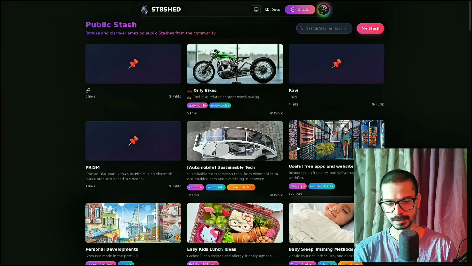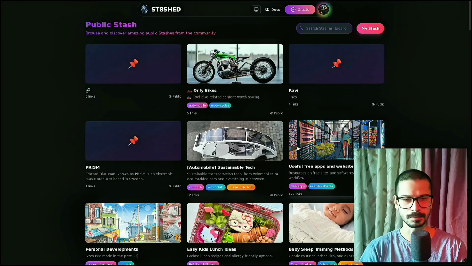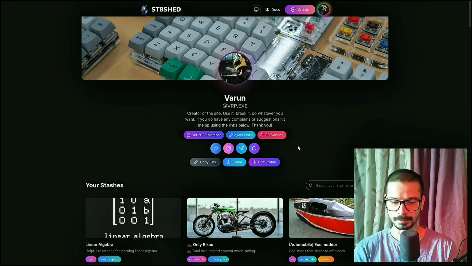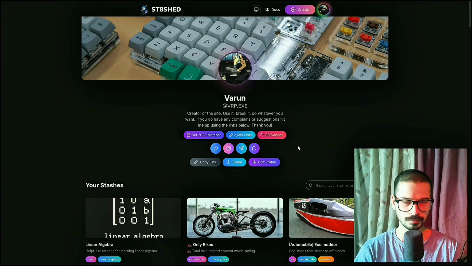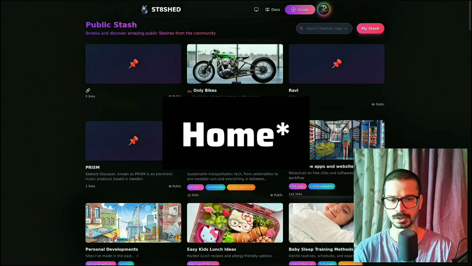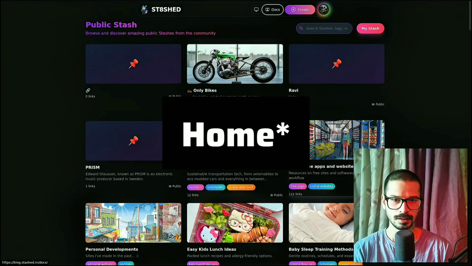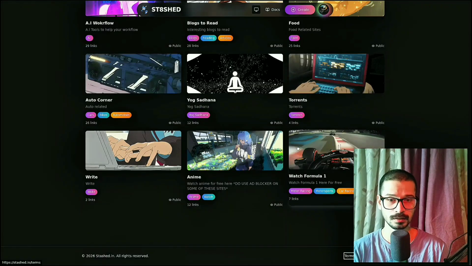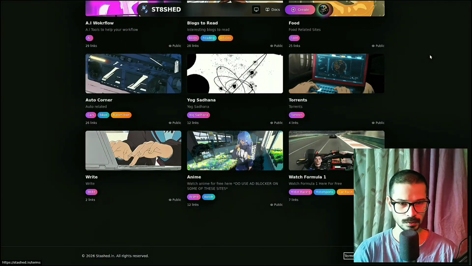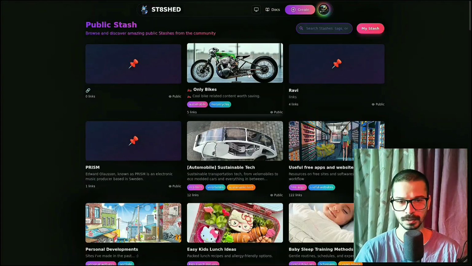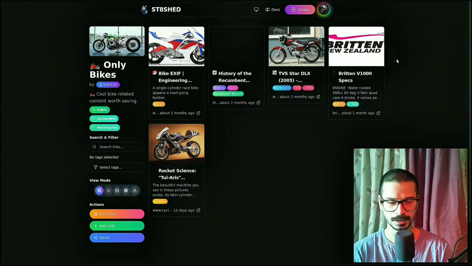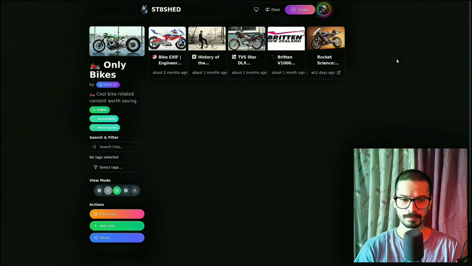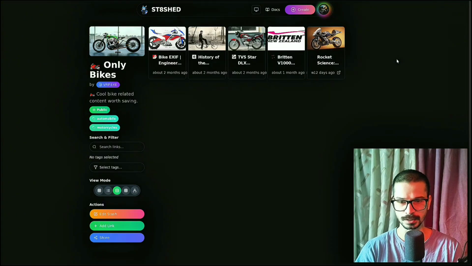Okay, so you can just, like, if I press GP, which is go to profile, it opens up my profile page. If I do GH, it goes to the, and tab is pretty normal function which is implemented by default on any browser, right? So let's say I do open up a stash. Now if I want to change the view of it, I can just press V. So by pressing V, I can change the view.